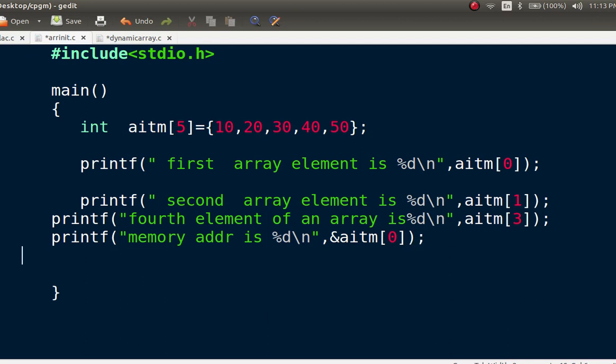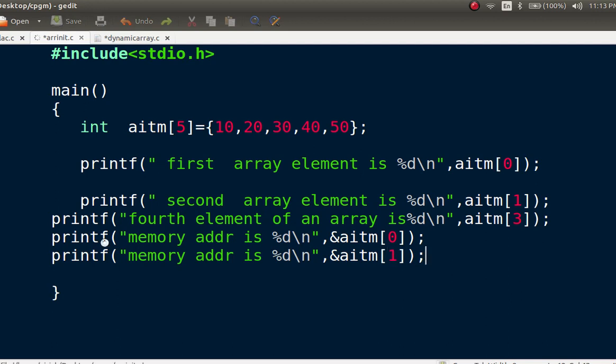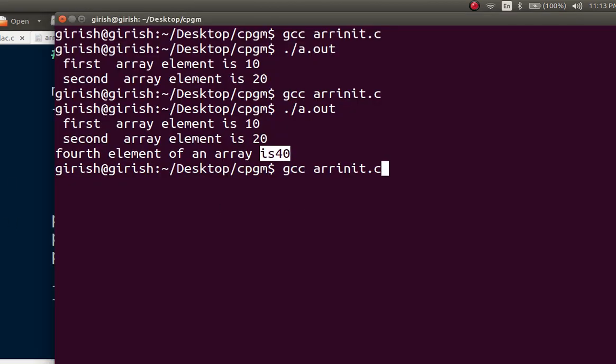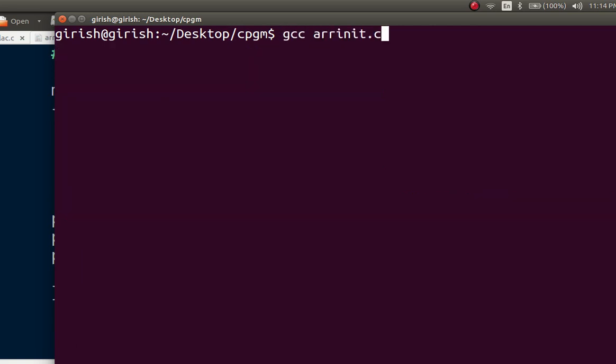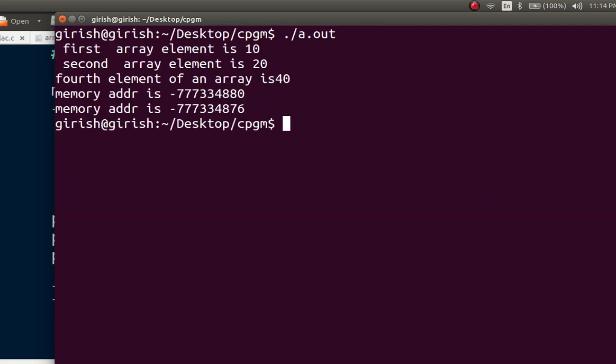Then one more, I want to print the memory address of 20. printf memory address is %d, then address operator AITM 1. So let's see what output will come. Here we are using the int data type. The int data type has 4 bytes.